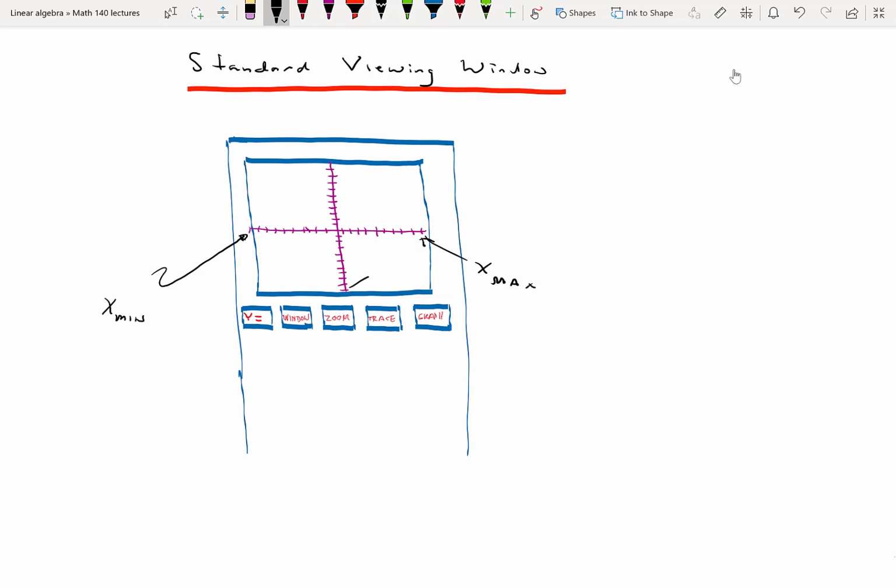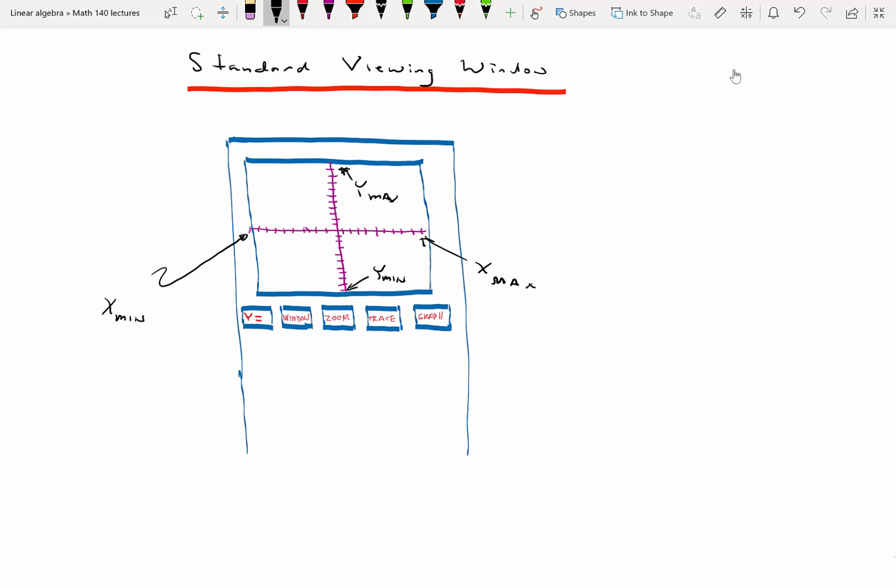Y min is the lowest y value, and y max, the very top mark, 4, 5, 6, 7, 8, 9, 10, the very top mark at 10 should be y max. Now this is called the standard viewing window, and if you push the window button, and